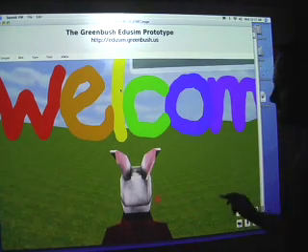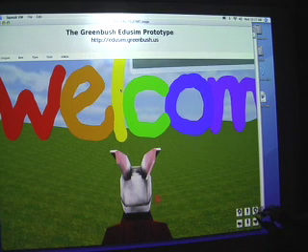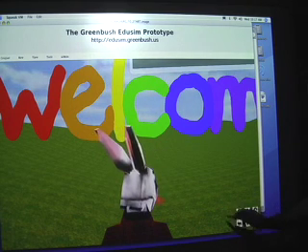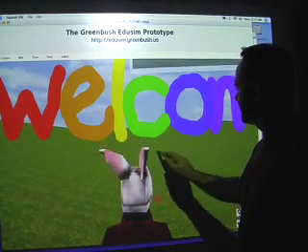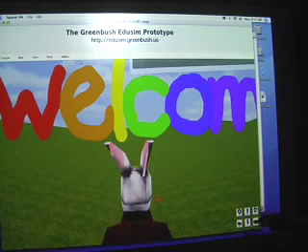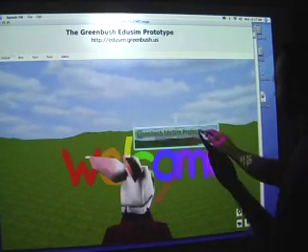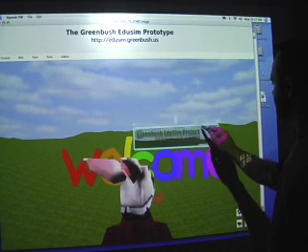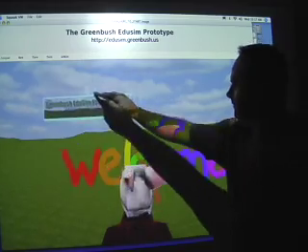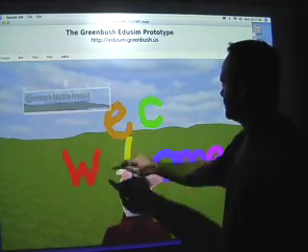Okay, now you see we are in the environment. We've got our little rabbit. To navigate, it's real simple. I've got a little thing here. I can get my little rabbit to look around. He's looking around. To back him up, I'll just click this back up arrow here. You can see we're here. Got a little object here. Can move things around. I can move the welcome,